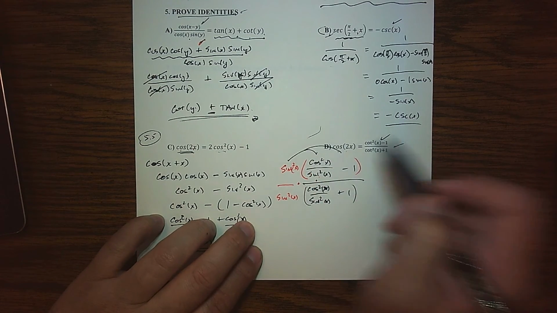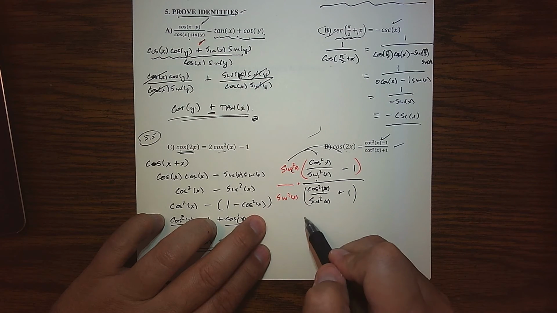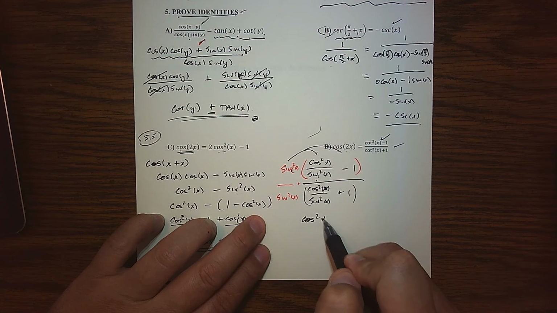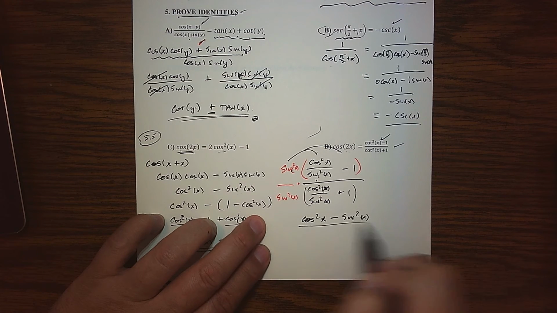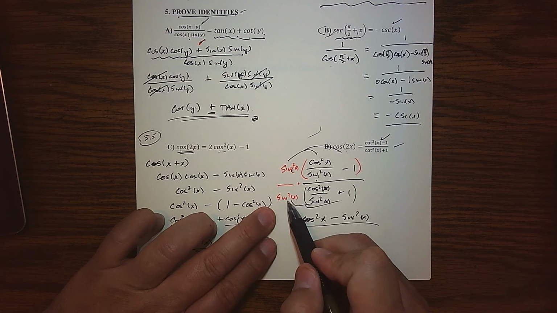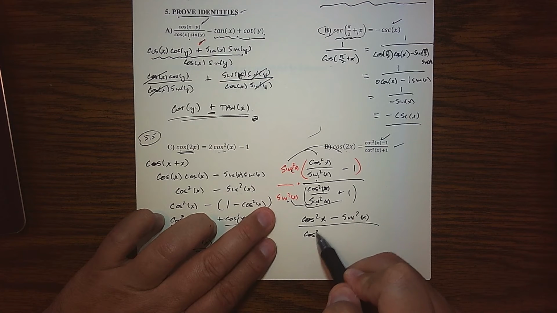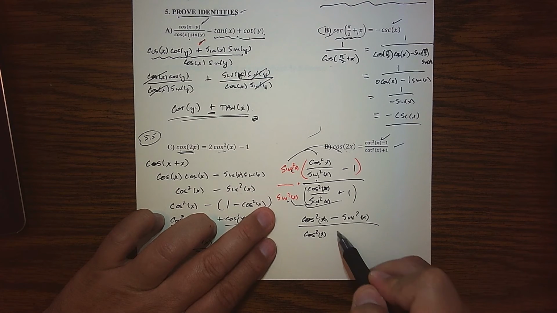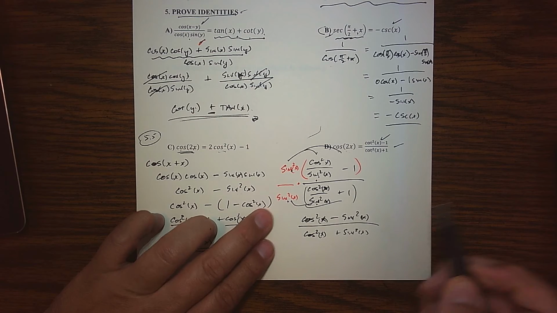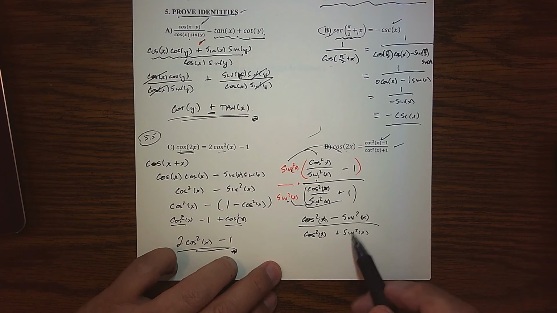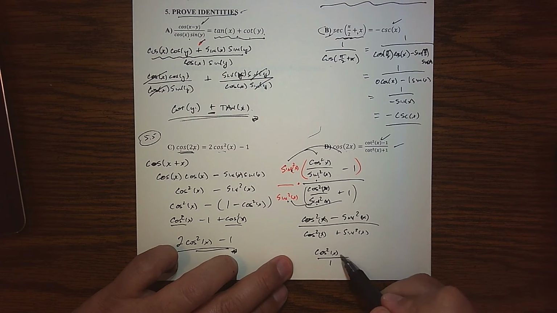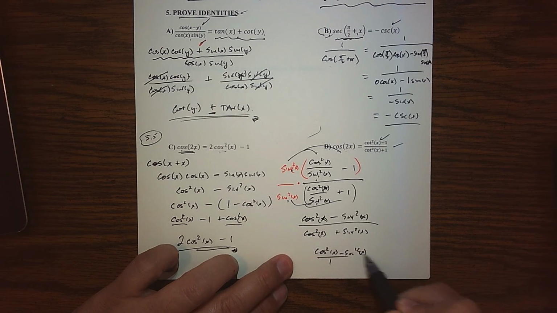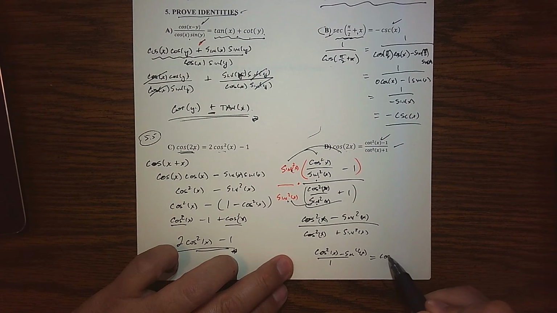So if we distribute, the sine squareds are going to cancel out, leaving us with cosine squared x minus sine squared x on the top. On the bottom, when we distribute, the sine squareds will cancel out, leaving us with cosine squared x plus sine squared x as I do that distribution. On the bottom, we know that to be 1. So we have cosine squared x minus sine squared x,